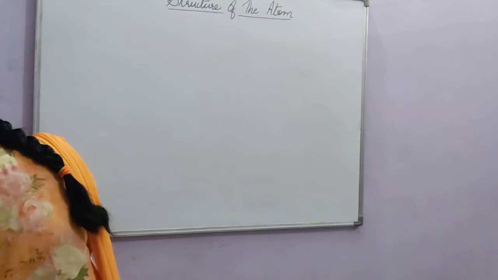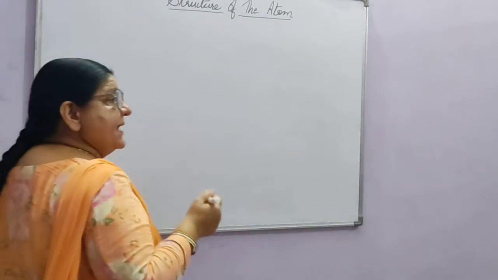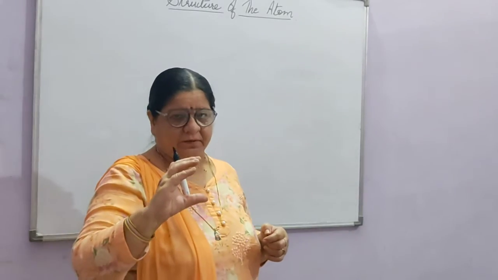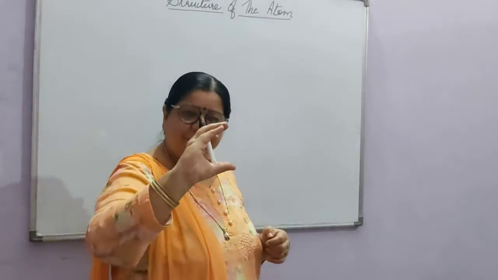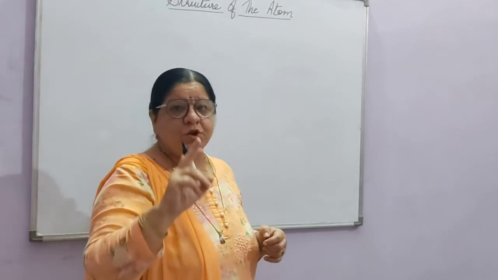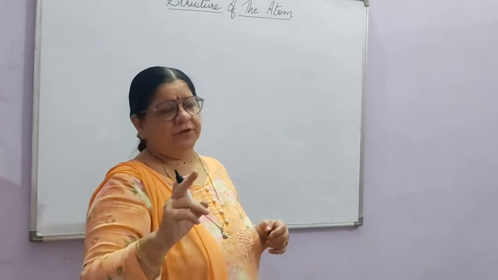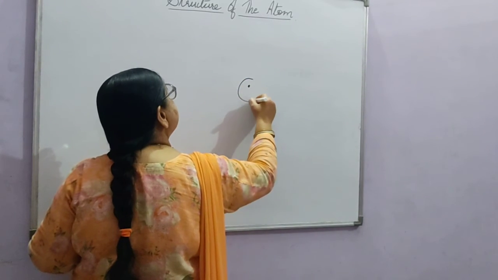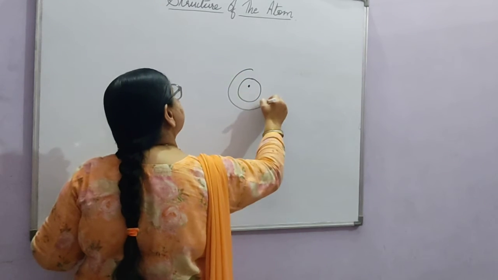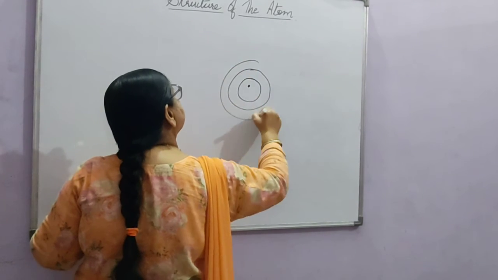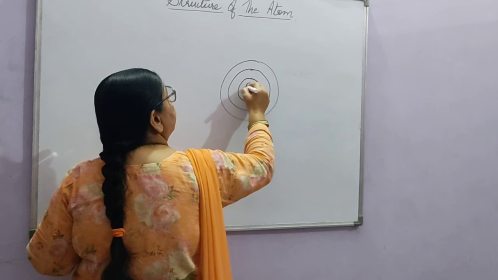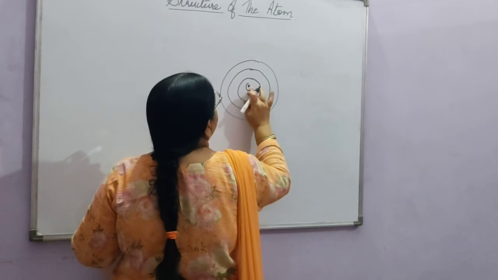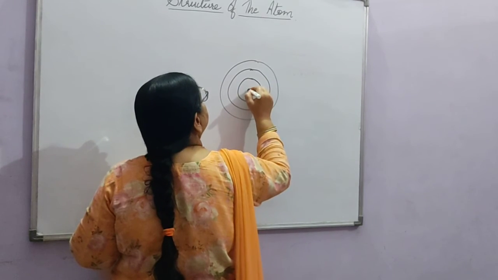The electrons move in discrete orbits, and he also said that when they are moving in these special orbits, discrete orbits meaning their specific orbits, they will not radiate energy. So if this is the nucleus and the electrons are moving in these fixed orbits, right? Now you can see here